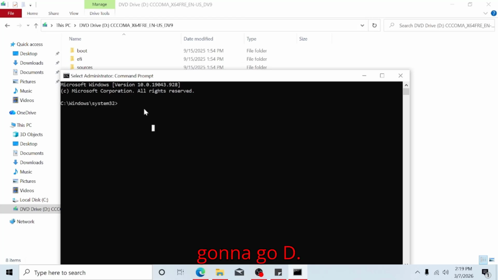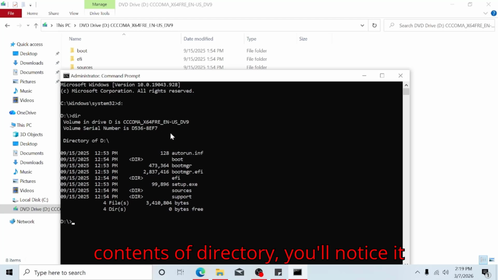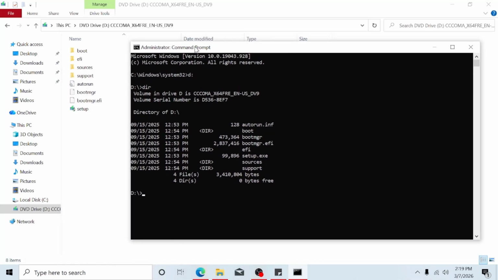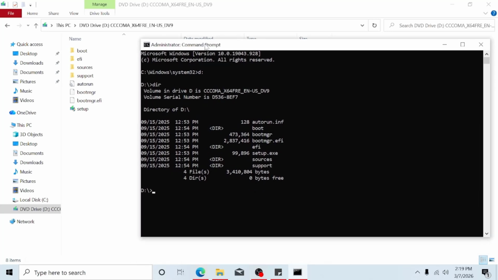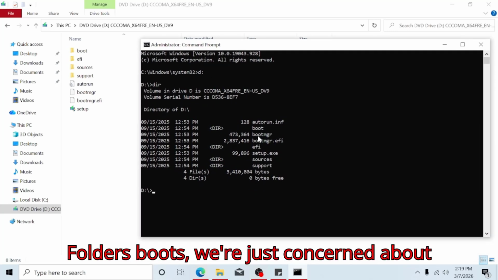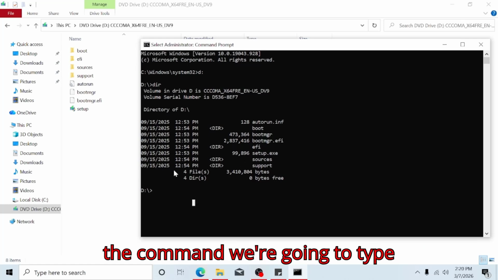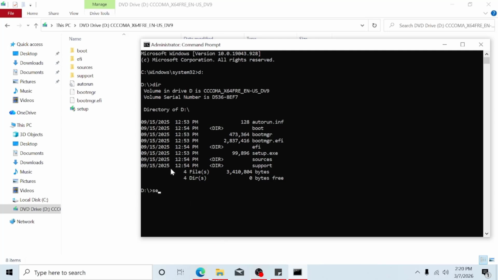I'm going to type D. I could do a session with just DOS commands later. And if we do dir, which lists the contents of the directory, you'll notice it will have the list. Folders, boot. We're just concerned about the setup file, setup.exe. So the command we're going to type is setup